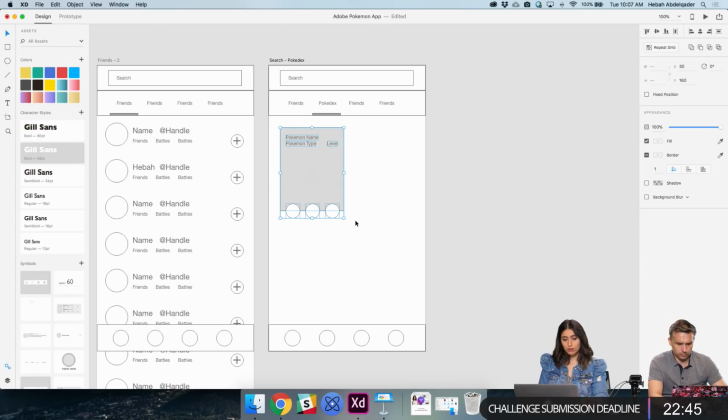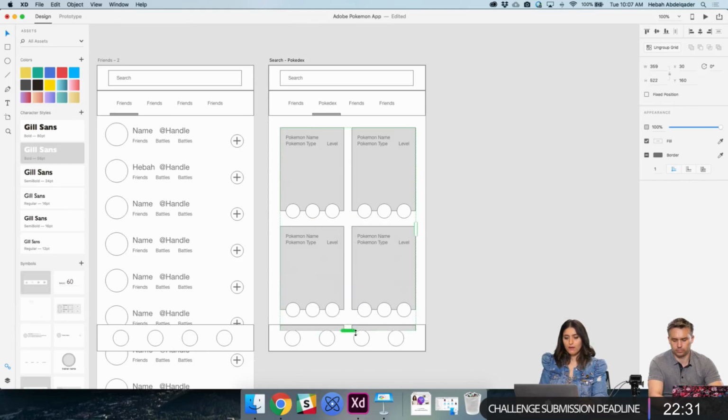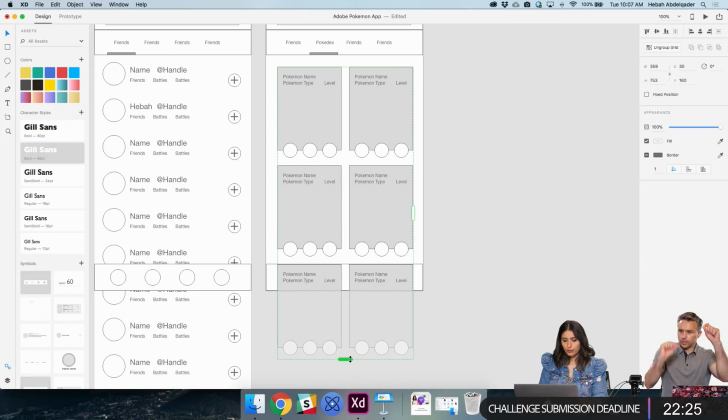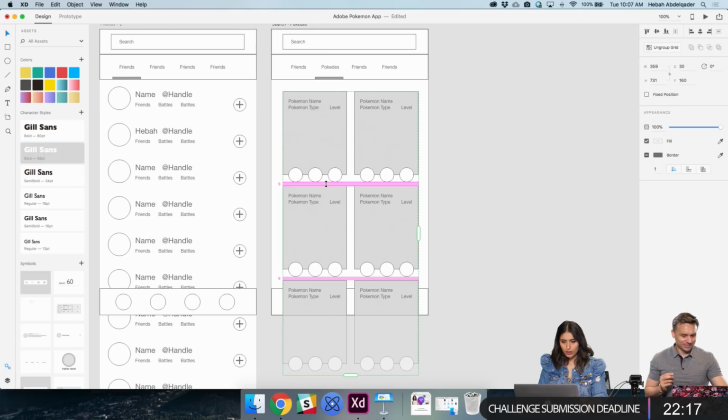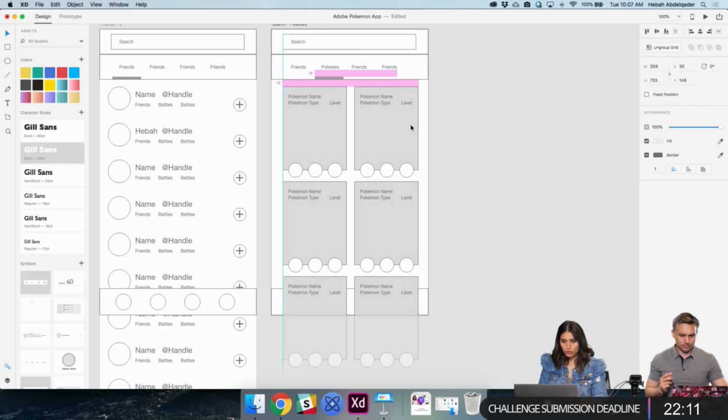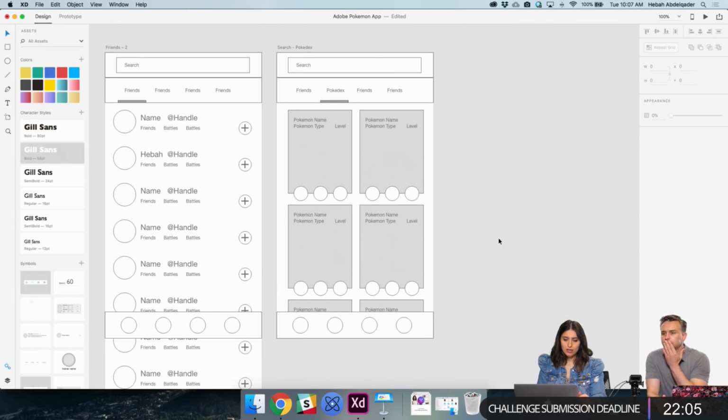Again, we're going to group all these together, and we're going to use the repeat grid tool. Here's another thing that's super cool about the grid tool. You can repeat grid horizontally, and then you can repeat grid vertically. How awesome is that? There you go, 20 pixels. Let's move this around a little bit. I'm just going to show it so we can show the capabilities, that it actually scrolls. We're going to move this all the way to the back. There you go. Second screen. Done.